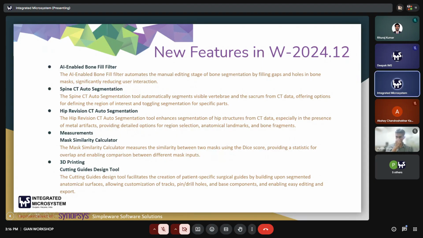Any cutting guide or surface that needs to be designed can be done in a simple way. We can also set the pin holes, we can set out the K-wire mapping, we can set out the peace components. And ultimately, whichever surface we are creating, we can export the same. Next up,